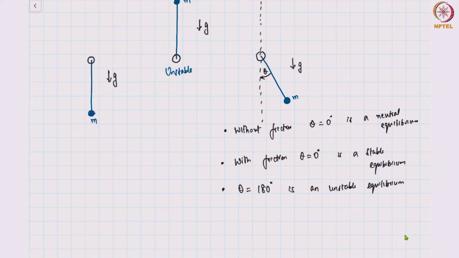So I've introduced three words here: neutral equilibrium, stable equilibrium, or unstable equilibrium. Stable, to be more precise, this is stable asymptotically. Asymptotically stable equilibrium. Now let's look at a mechanical system. This is a mechanical system. One can expand on this quite a bit, but